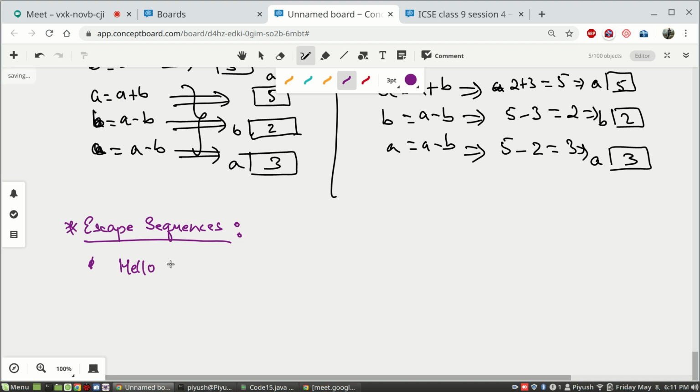Let's say you have to print: He said, "I have a football match tomorrow." Let's say this is a sentence.